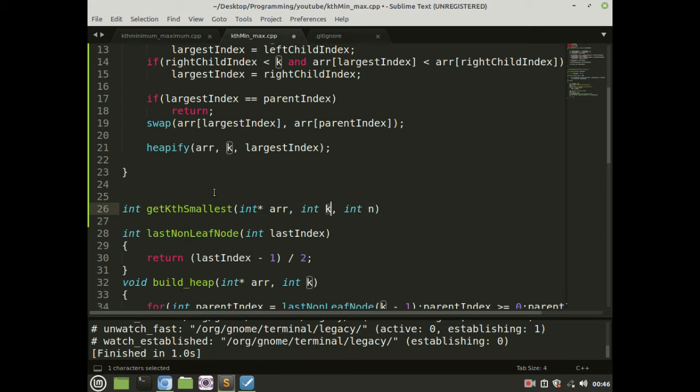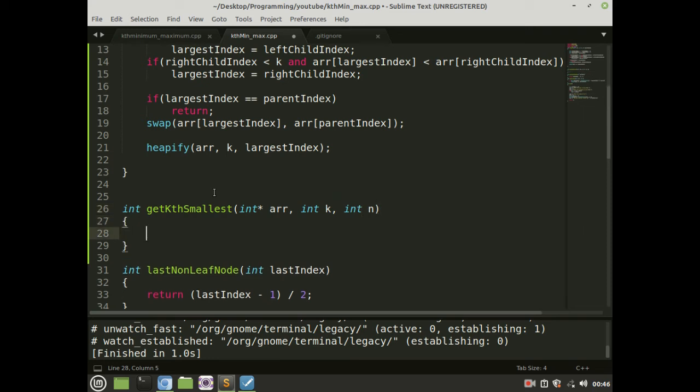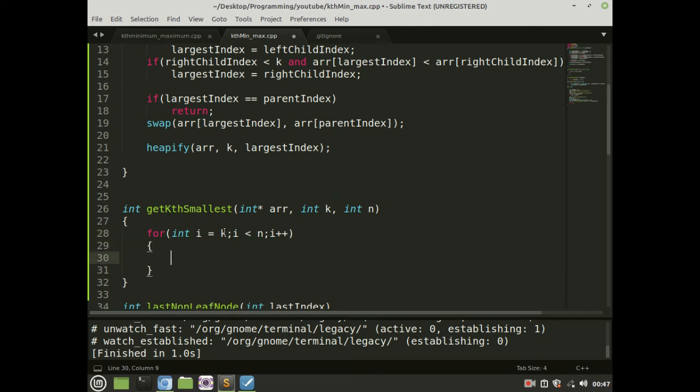Okay, k is the size of the heap, because we have created a heap from index 0 to k minus 1. So inside this function, what we will do, starting from the kth index of our array up to the size of the array, we will check the maximum value inside our heap, which is the 0th element of the array.